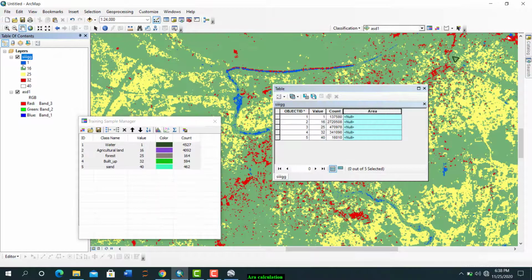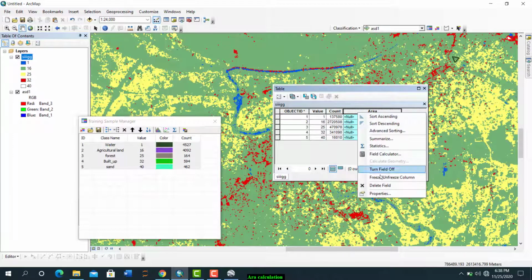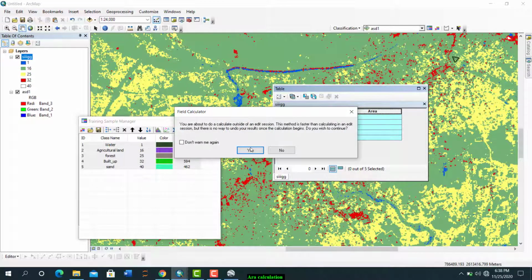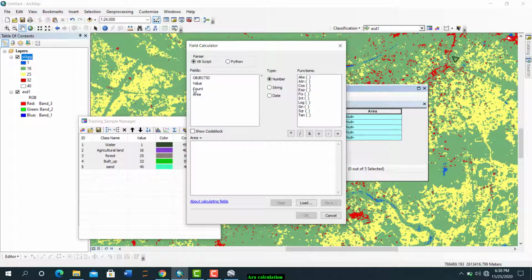Okay, then again come here and go to field calculator, yes, count, multiply it by cell size 2 times, then close it in brackets and divide it by 10 to the power 6, because you want it in kilometers square. Okay,